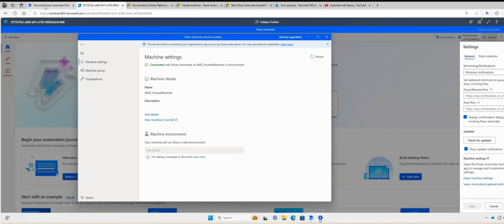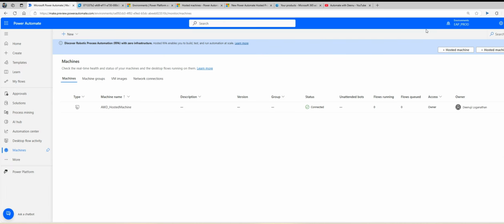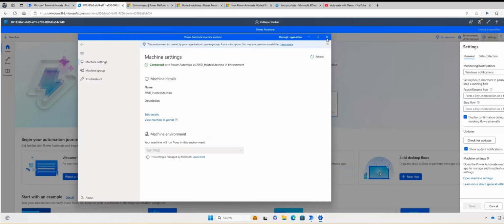Okay, that is what it is showing here. So it is registered with EAP prod. Now if you build any cloud flows in this environment, you have this option, AWT hosted machine, to run your bots. Okay, so what I will do, I will go ahead